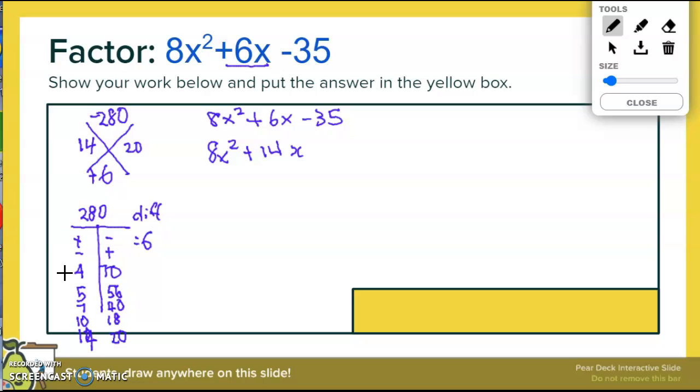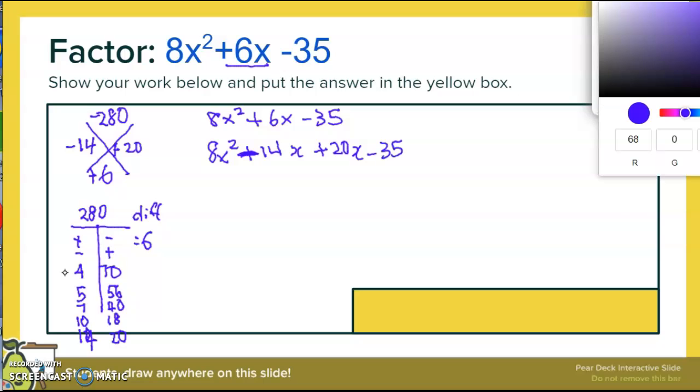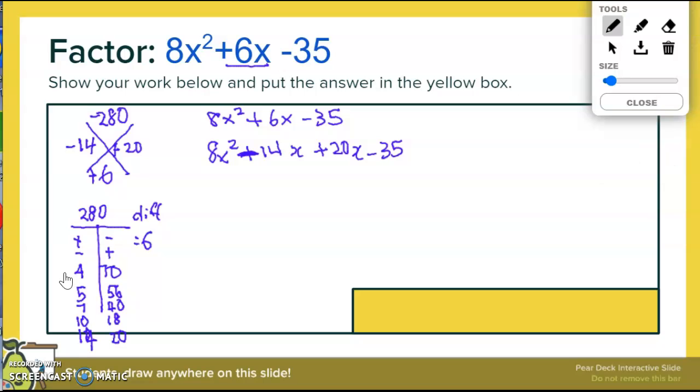I forgot to put one of them negative here, because we know that one of them has to be negative. So that's going to be negative, and that's going to be positive, because we want the sum to be positive 6. So that's going to be minus 14x plus 20x minus 35. So then from here I put in my parentheses,